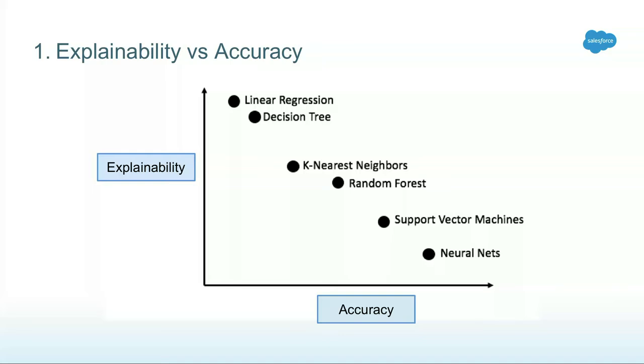However, the accuracy at actually predicting something is not always that great, compared to things such as neural networks, which are really popular now in deep learning, or support vector machines, which might give you better accuracy at whatever you're trying to predict, but they don't give you a nice mathematical formula at the end. They're a little bit more black boxy. It's not that easy to actually explain why this model made the prediction that it did.